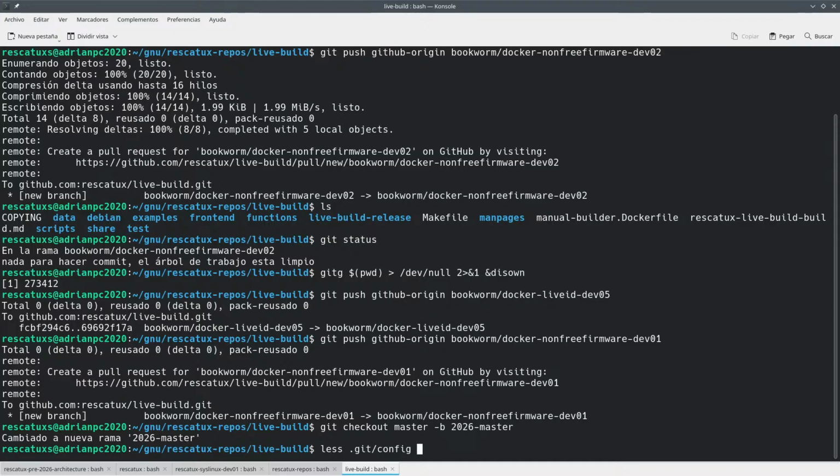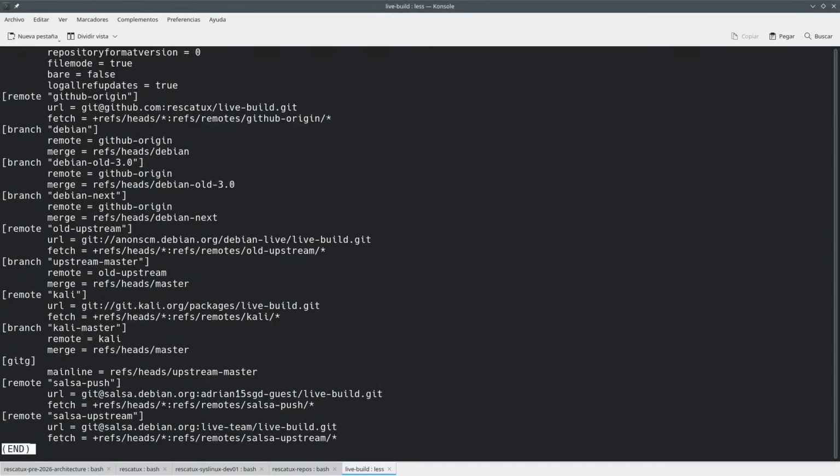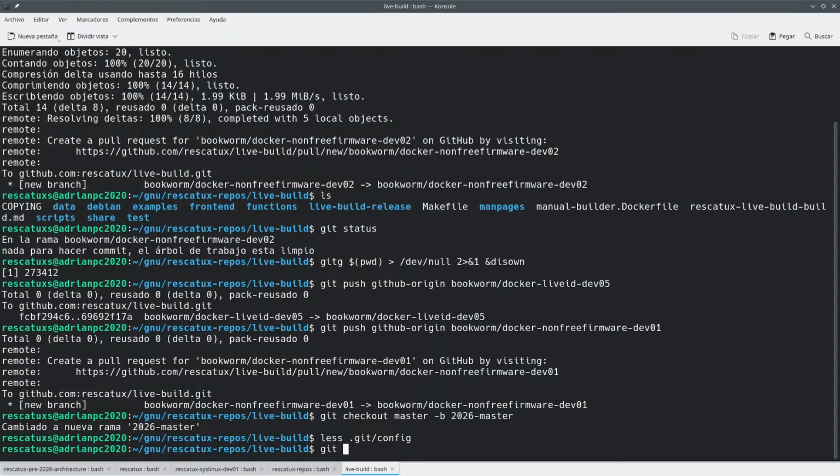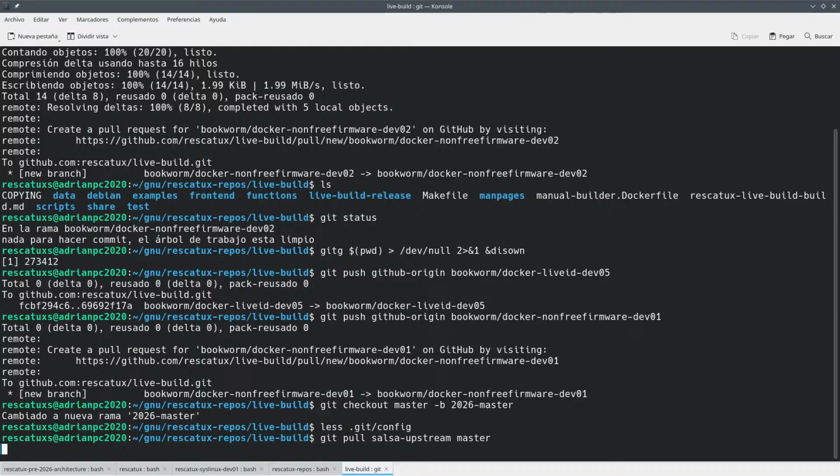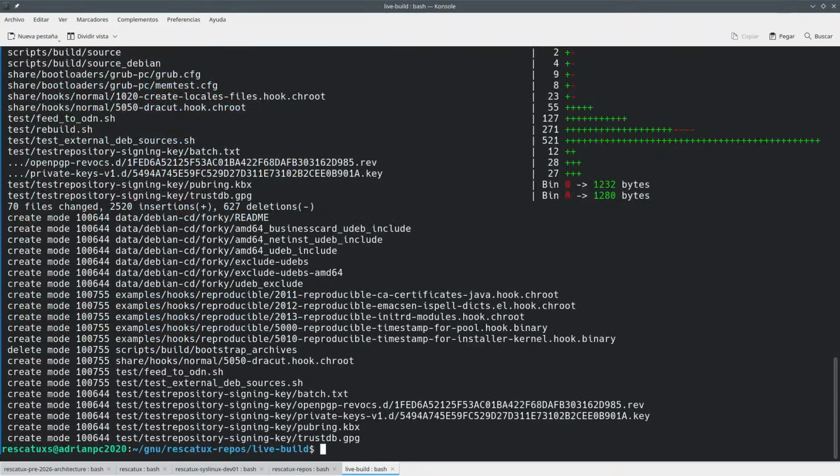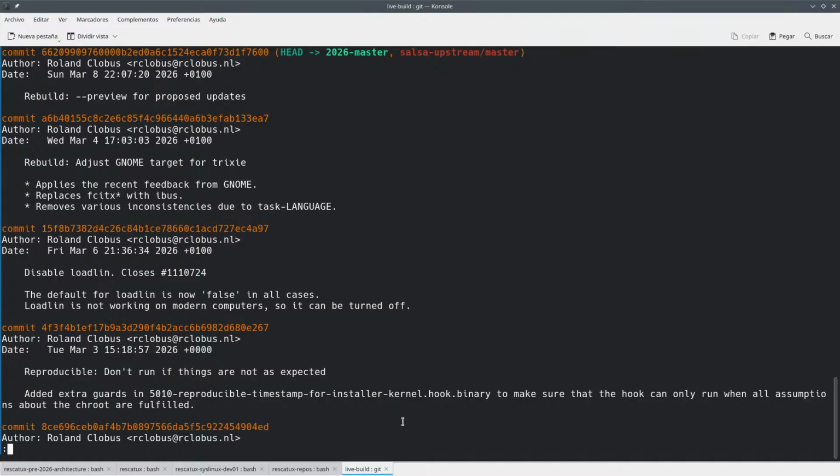Let me see, which is the remote for salsa upstream. So salsa upstream, yeah, that makes sense. So git pull salsa upstream master. Okay, look at that. And the last commit is from March 8th, 2026. So that's what we actually want to be using, just in case we want to send stuff to